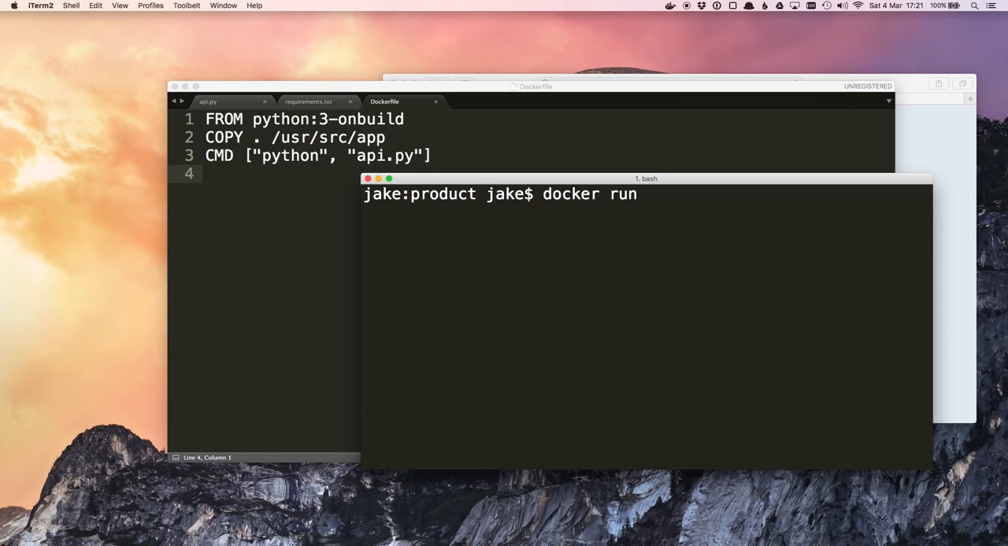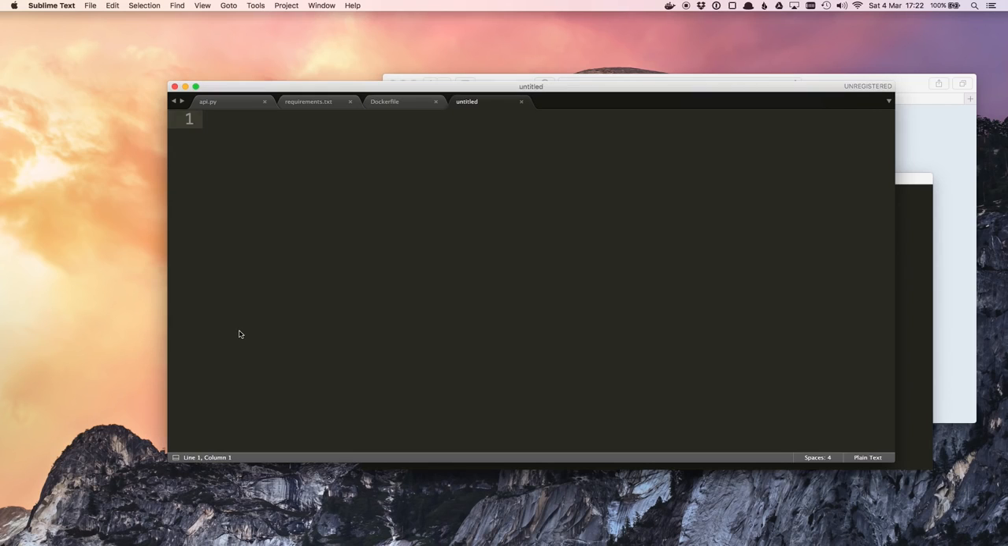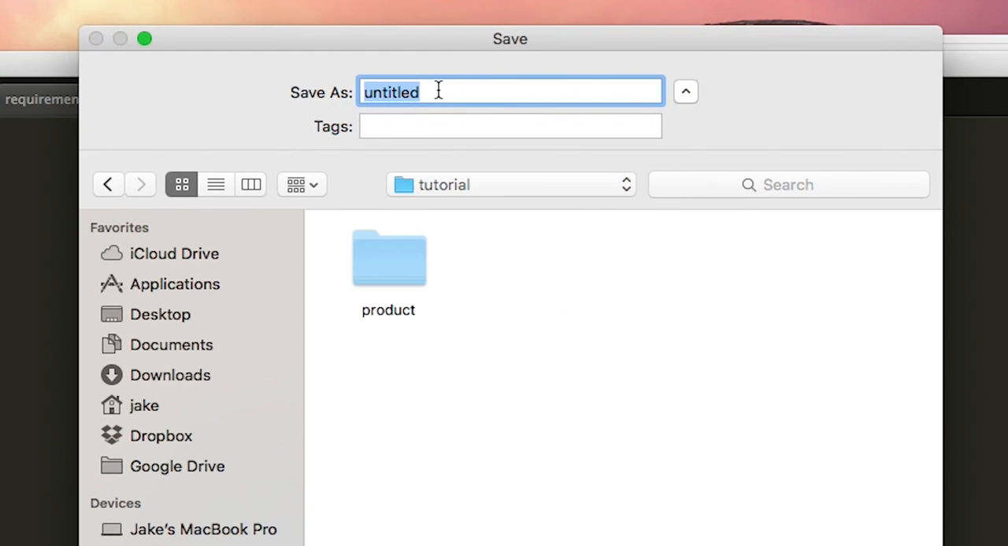This is where Docker Compose comes in. Docker Compose lets us define all of our services in a configuration file, and with one command it'll spin up all of the containers that we need. The first thing we want to do is make a file called Docker Compose, and I'm going to do this